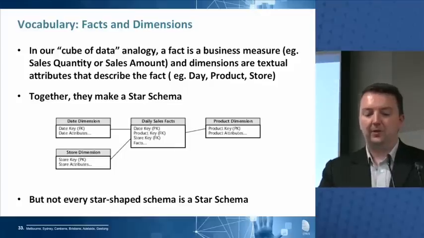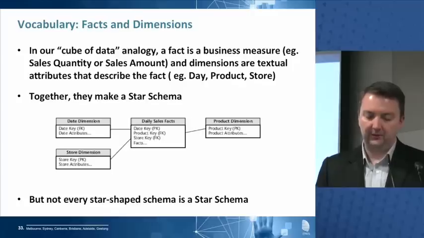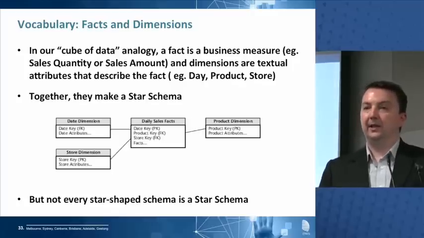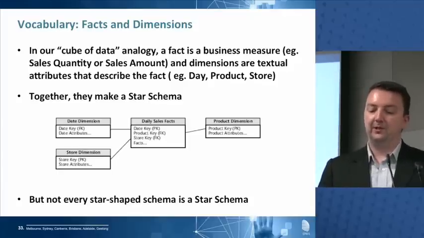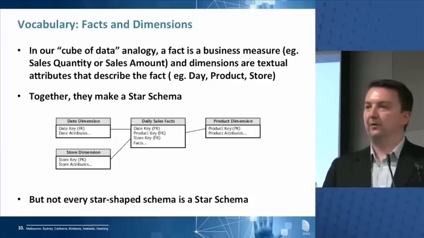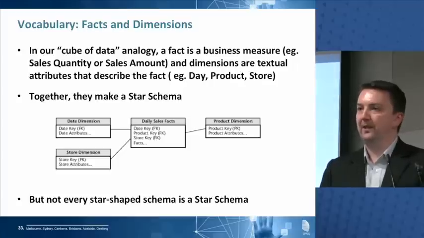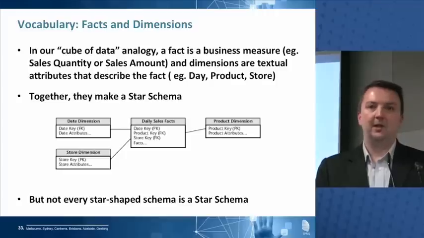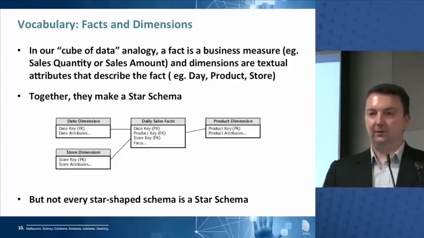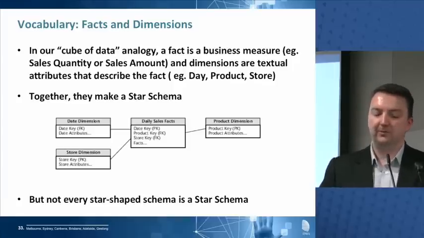So we saw dimensional model represented as a cube on the previous slide. That's in a relational database like Oracle or SQL Server. That's not how it is physically stored. We physically store it in database tables, and we give these database tables 2 different names. We call them facts and dimensions. The table in the middle there, the daily sales fact, that's a fact table. The dimensions around it, the tables around it, are dimension tables. So every table is either a fact table or a dimension table.